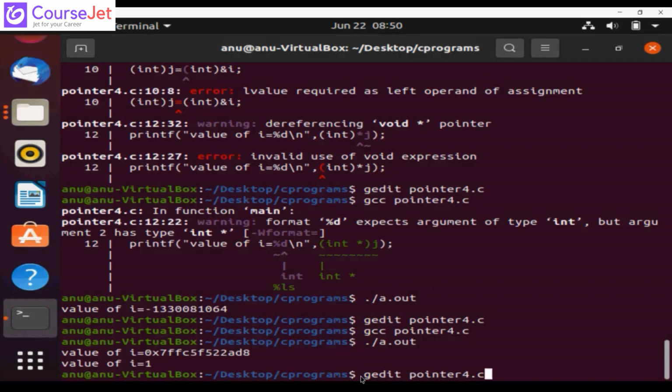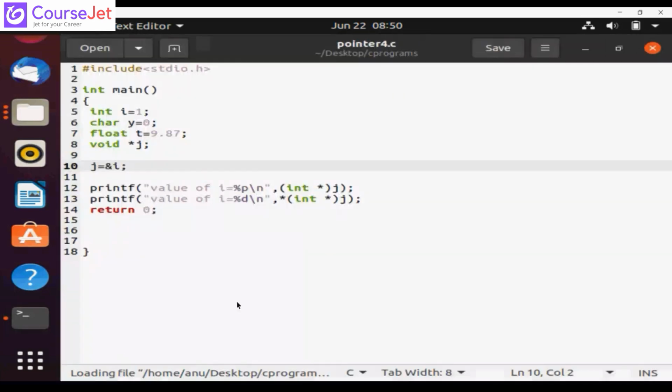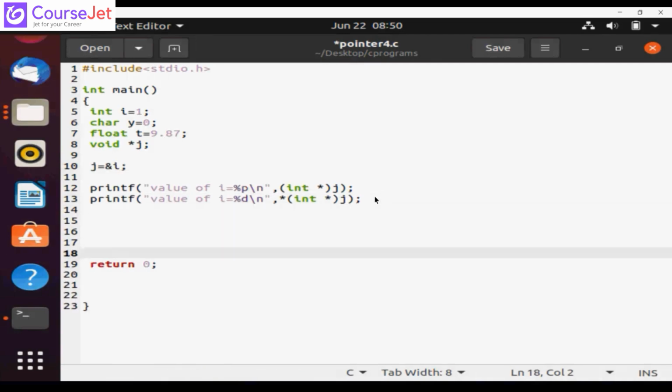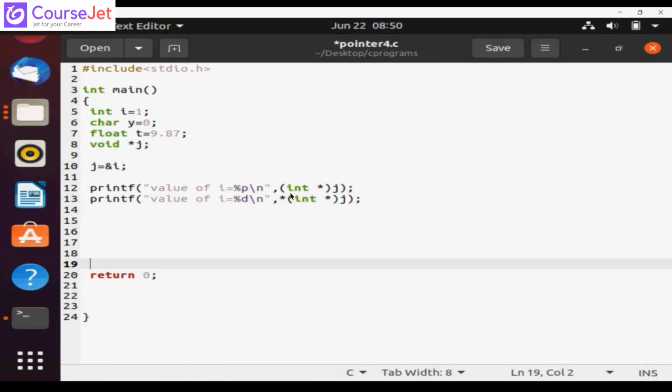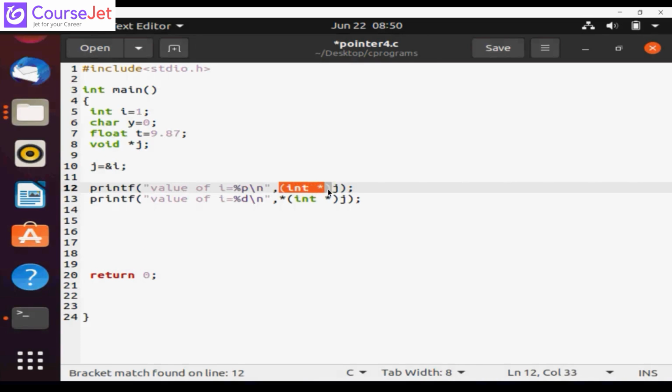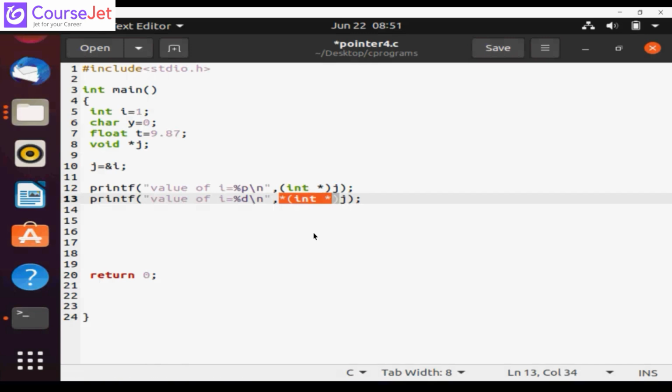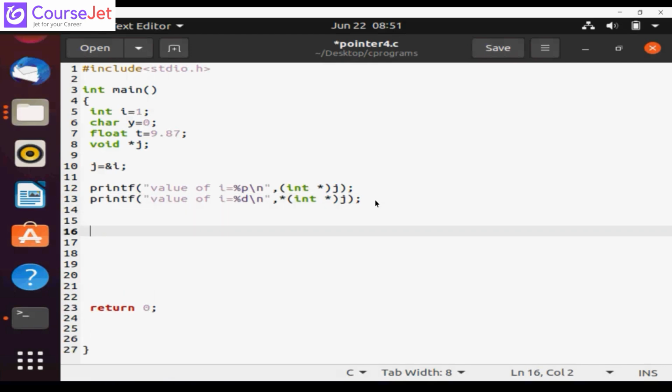Okay, now the same thing, we will make some changes to it. Now after printing this particular thing, we will try to print the same variable, and this particular thing, whatever you write, is called typecasting. It's not necessary that typecasting has to be done only on pointers. You can use typecasting on integer or float also. For example, here you can print it, like while printing the value of char, or now the float value is 9.87, right? So in place of this, I will simply print